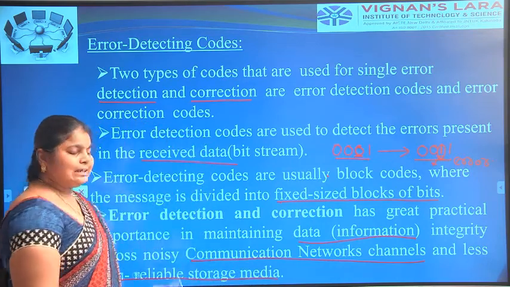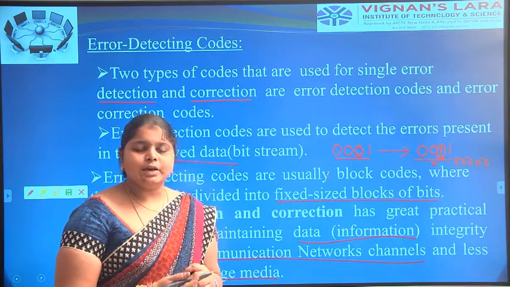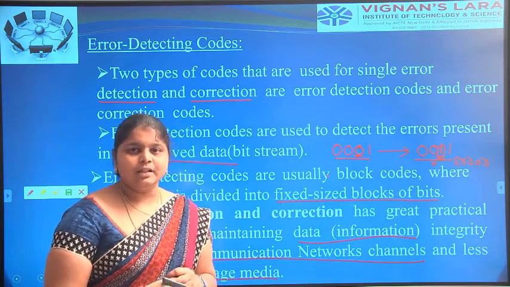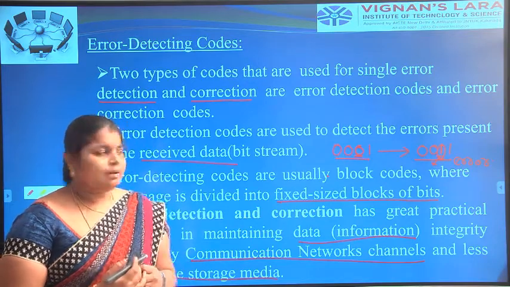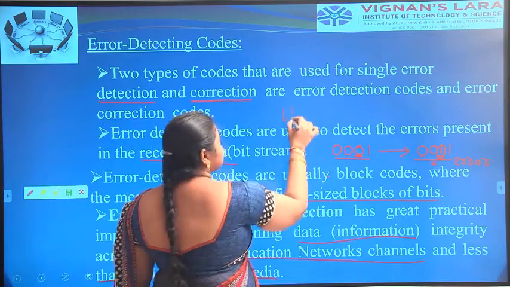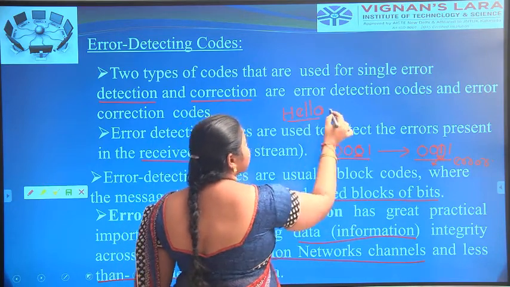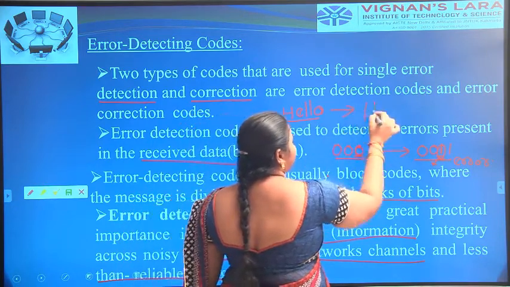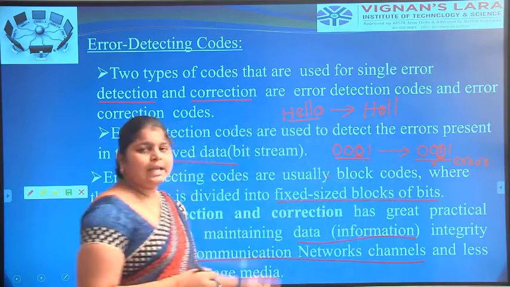For example, we send the data as the message HELLO, a textual representation. The original message is HELLO on the source side. At the destination, the data received is HELL.